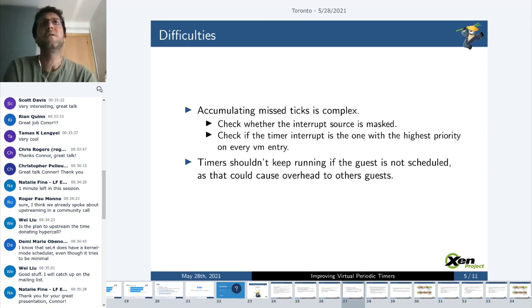When attempting to fix the issues detected, there are several constraints that have to be taken into account. First, there's the logic with accumulating missed ticks, which is quite complex. We need to check whether the interrupt source is masked and if the interrupt can be injected. It also seems like the currently implemented logic to accumulate misticks when the source is masked is wrong, since it should only accumulate misticks when the guest is preempted. In any case, a fixed version of the misticks logic needs to be preserved in order to not break OSs